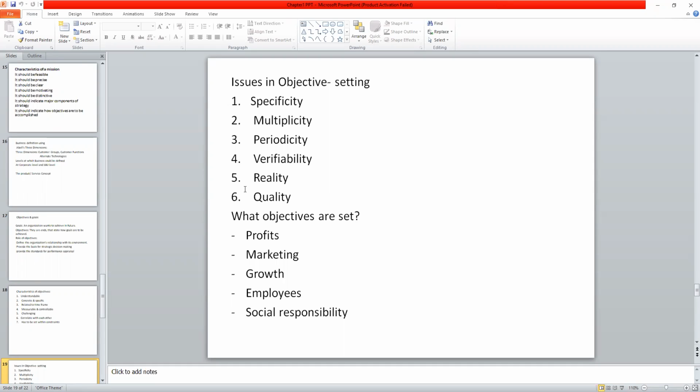And the next is the reality part. Objectives are official as well as operative. When we take the official part, at the corporate level, the company thinks of what all it wants to do ahead in future and transforms them into objectives. While at the operational level, the objective seeks to attain the reality basically.